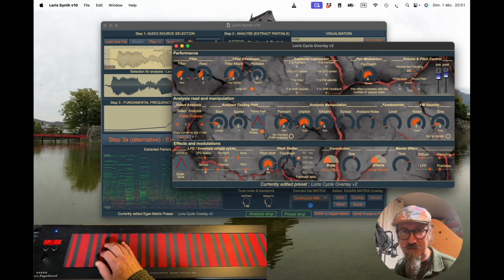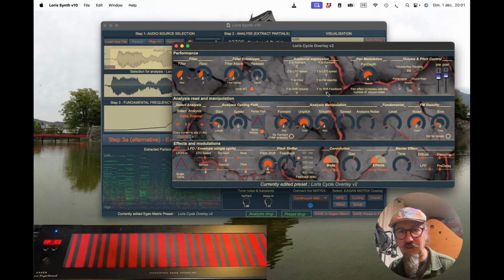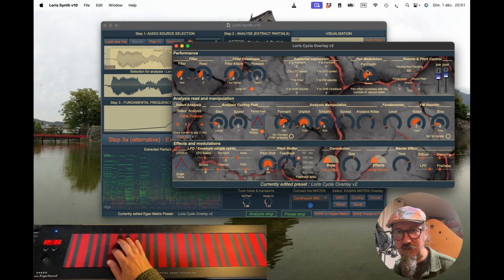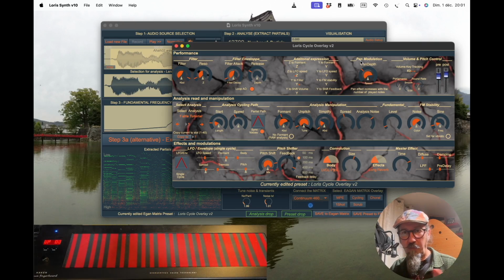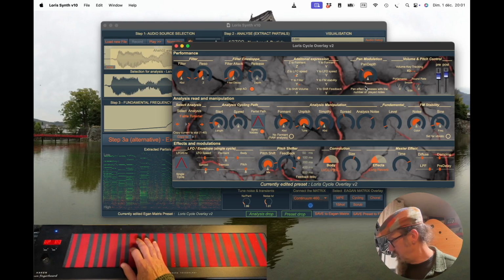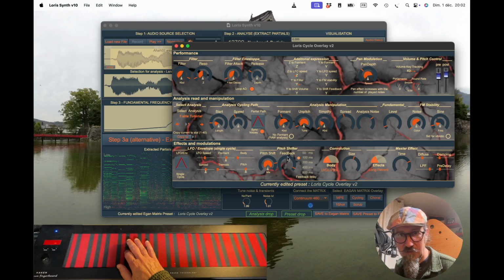Okay, so that's a set of expression control that you can manage quite easily directly from the UI. There is also a possibility of having a panning modulation, so with the speed and the pan depth. Something which is funny about it is if you play one note, there is not much of it. But if I play multiple notes, it will start, and the more notes you play, the more